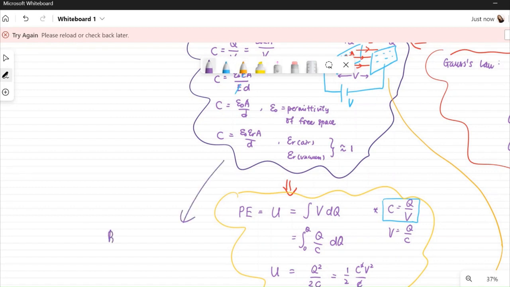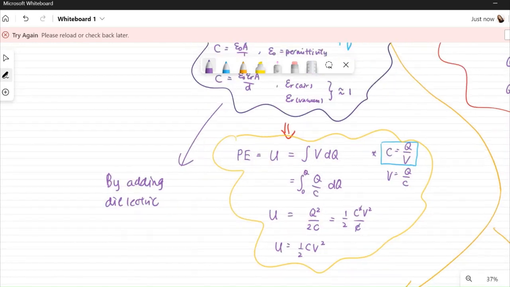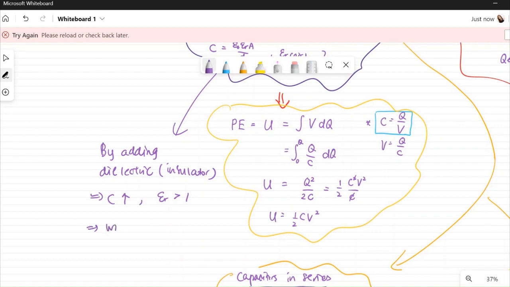So by adding a dielectric, okay, this dielectric means the insulator in between the two parallel plates, the capacitance of the capacitor will increase, right? Because epsilon r is more than 1. So with this dielectric, or with the insulator, the E net exists